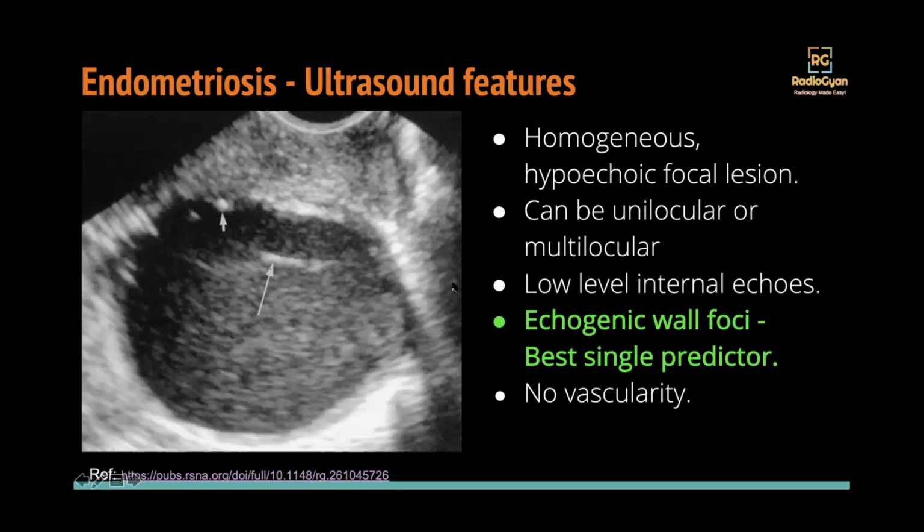So endometriosis on ultrasound will be seen as a well-defined hypoechoic lesion. And like all ovarian lesions on ultrasound, it can be challenging, especially if you don't do a transvaginal exam. But the important points that you look for in a lesion to call it endometriosis are low level internal echoes and echogenic wall foci. So low level internal echoes are these small tiny foci which are due to chronic blood products, and that is the buzzword that the examiner is looking for.